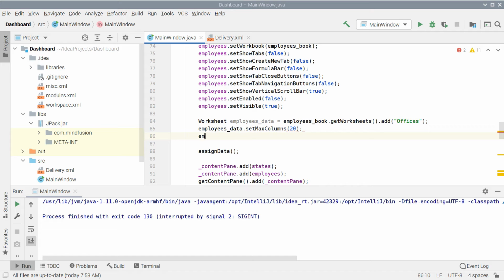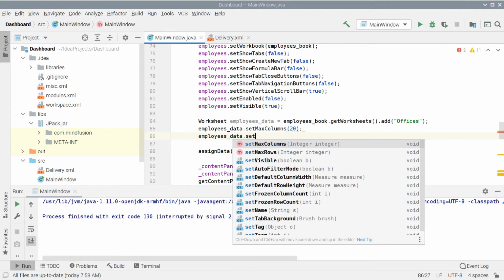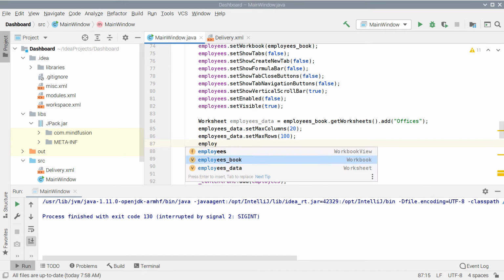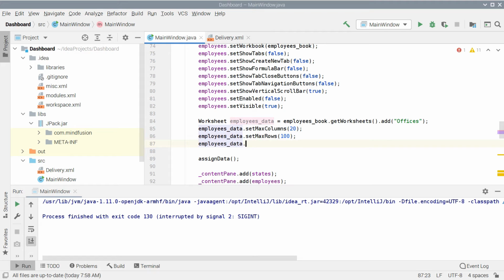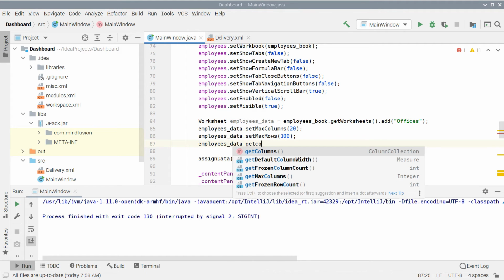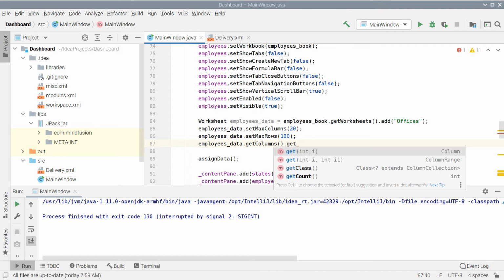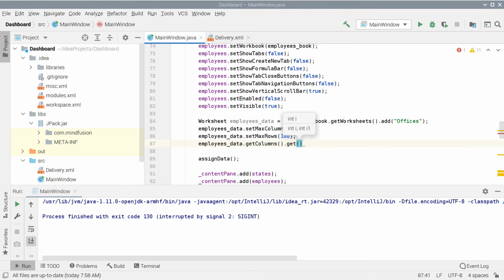We set its column count to 20 and rows to 100. We get the first column and set its title to City.